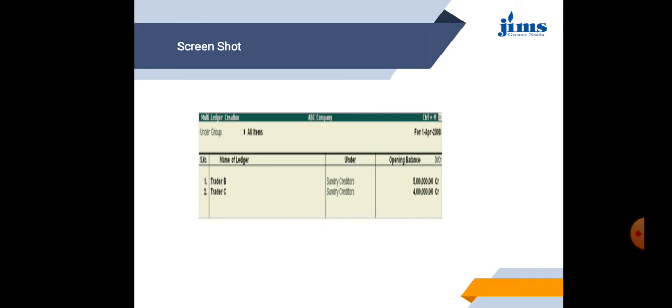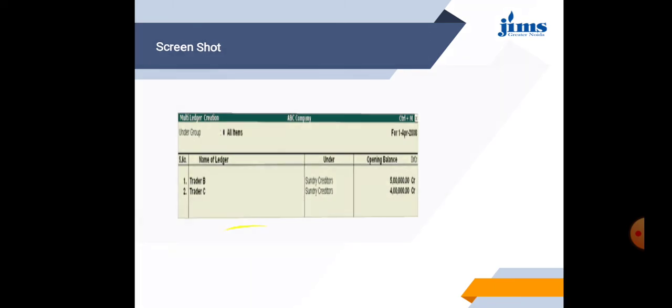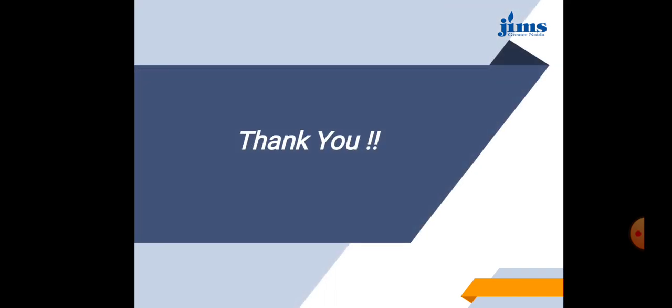As you can see, the columns are serial number, name of the ledgers, under which category it will fall, then opening balance of all the items, as we are showing bill-wise details. So this was how we created multiple ledgers, and what are the buttons which need to be kept in mind